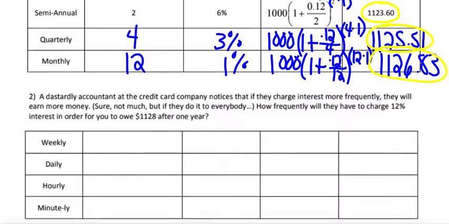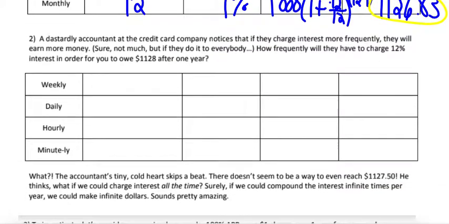So he decides to go through, it did say it was a he, isn't it? I think it's down here. Meh, who cares? So if they compound weekly, that's 52 times per year. If they compound daily, that's 365 times per year. Hourly, multiply that by 24, 8,760. What if we charge interest every minute? So minutely, multiply that by 60,